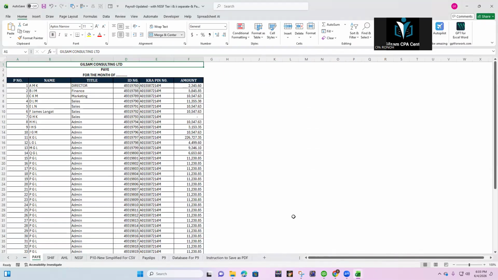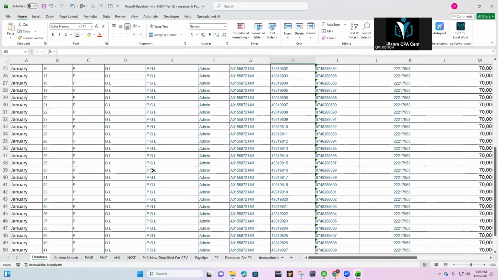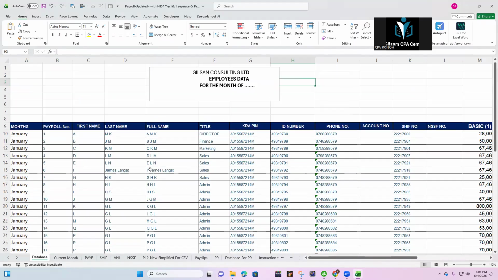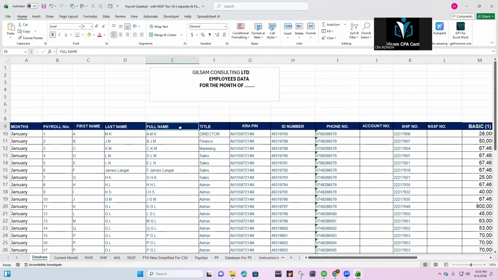So I know these are times of processing the pay, but most of the people don't have something which can help them to process it very easily. This Excel payroll, you can see we have quite a number of lists of the data. So this is an updated one, which we have